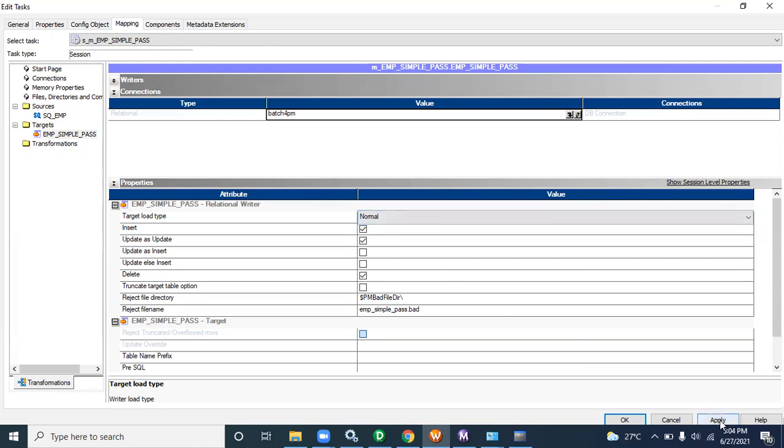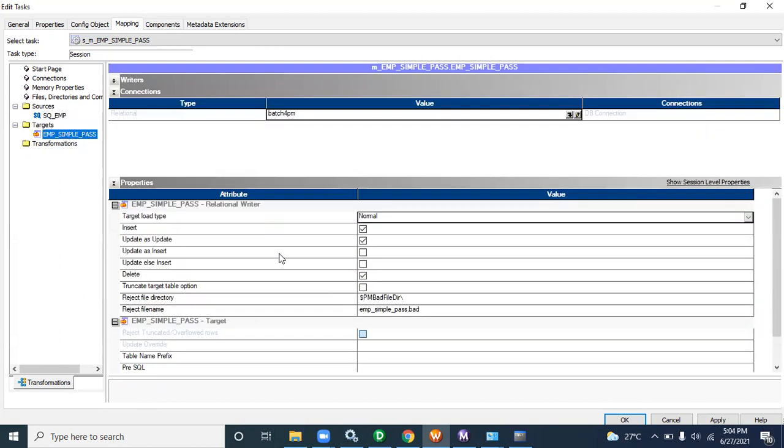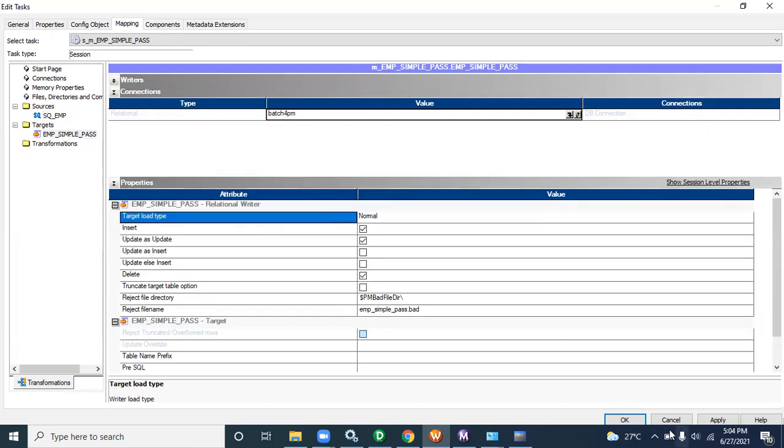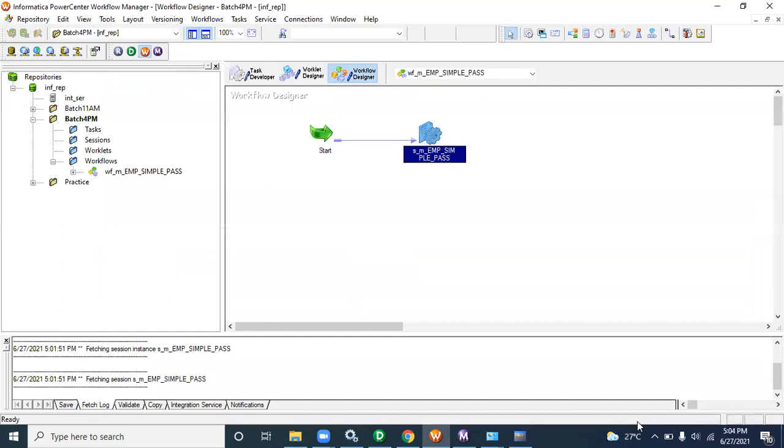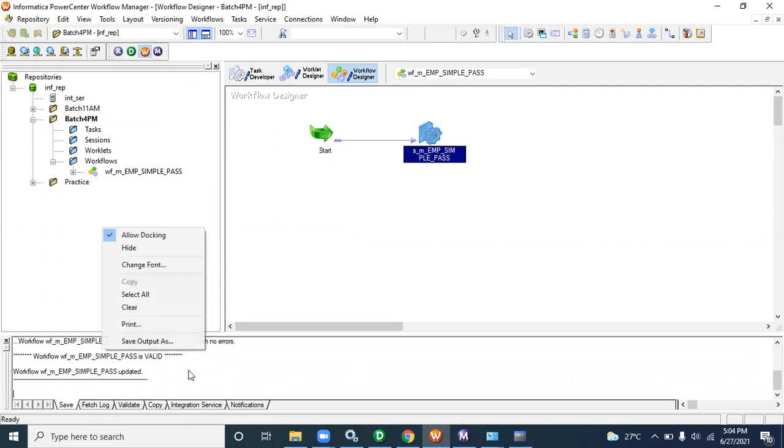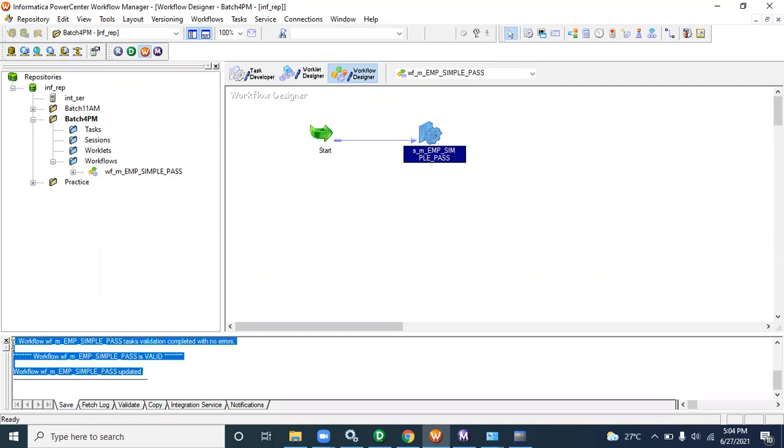These three things you have to do: one is source connection, one is target connection, and one is target load type, right? So click on OK, press Control S. Now you can see this one is valid.